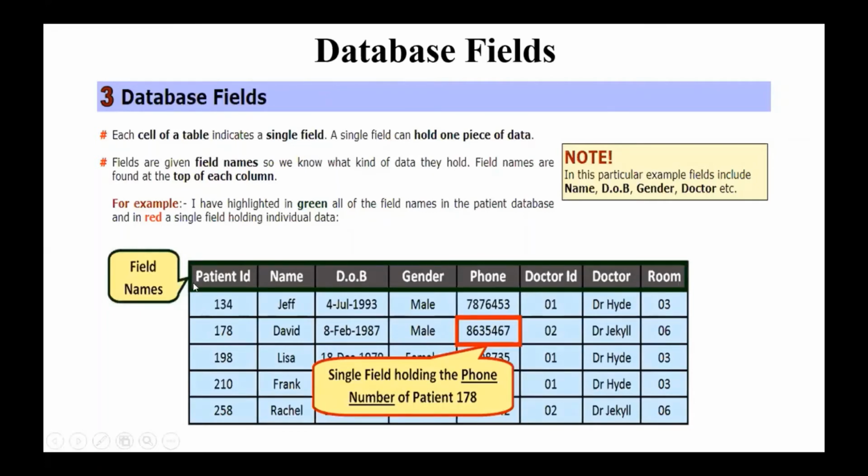Again, I have highlighted here the names of fields with the green color, and at the bottom we have seen that every field has data. Whenever you see a table, it is a grid-like structure. Whenever you say a grid, there is a cell which is getting formed. So this red highlighted cell is your data. This way you are storing your data in your tables.